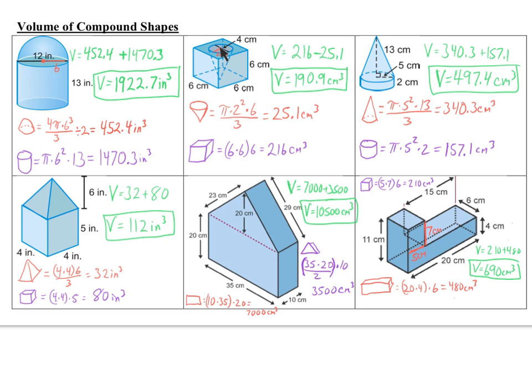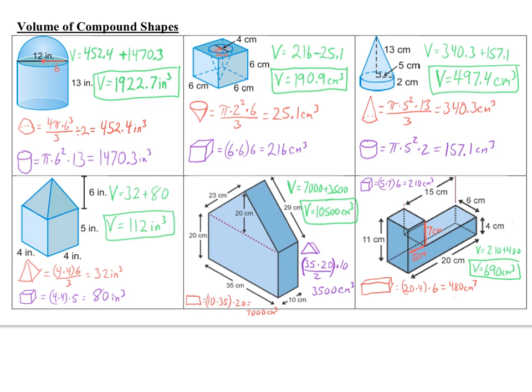Now for the cone, you take the base area, which is a circle, times the height, which is, if you look carefully, if this is 6 deep, it looks like it goes all the way to the bottom. So we're going to call that 6 deep. And then the radius is 2, because the diameter is 4, so the radius is 2. So you take pi r squared, which is the base circle, times the height, 6, but you divide by 3,